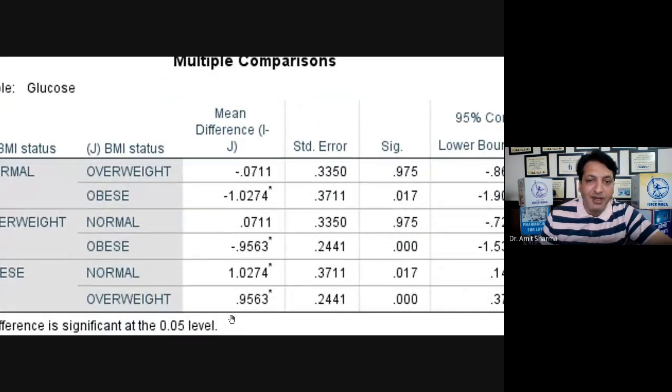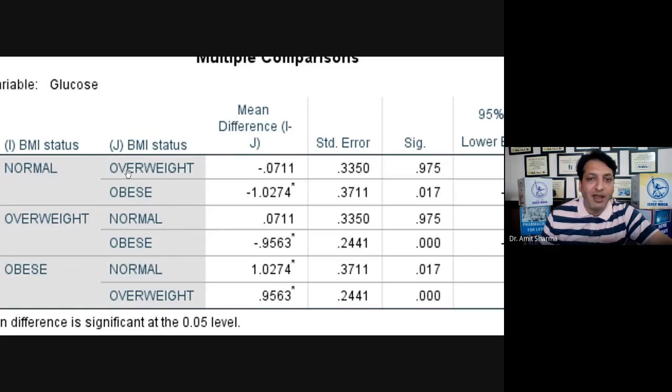In this mean difference you have to see how much is the difference between A and B. For example, the mean difference between normal and overweight is minus 0.07, and the mean difference of normal and obese is minus 1.02. Clear? So like this you can read this mean difference in the statistics.